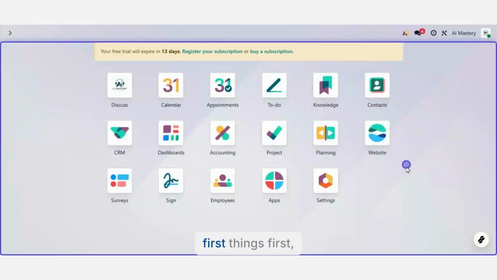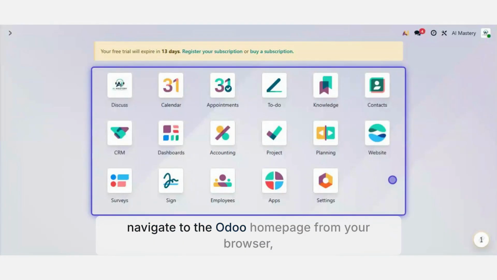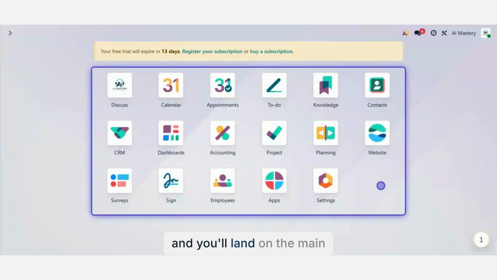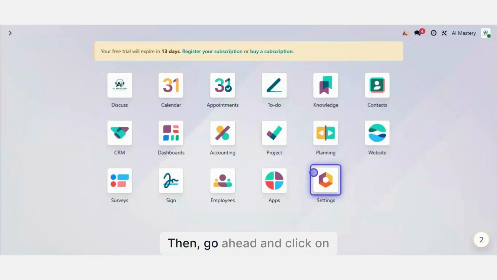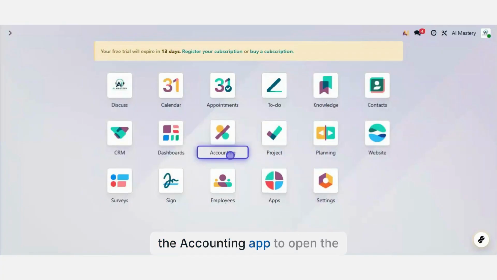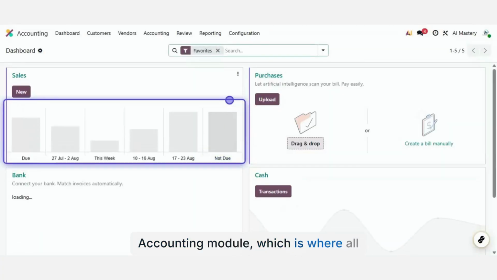All right, first things first, navigate to the Odoo homepage from your browser, and you'll land on the main dashboard where all your apps are listed. Then, go ahead and click on the Accounting app to open the Accounting module, which is where all your payment